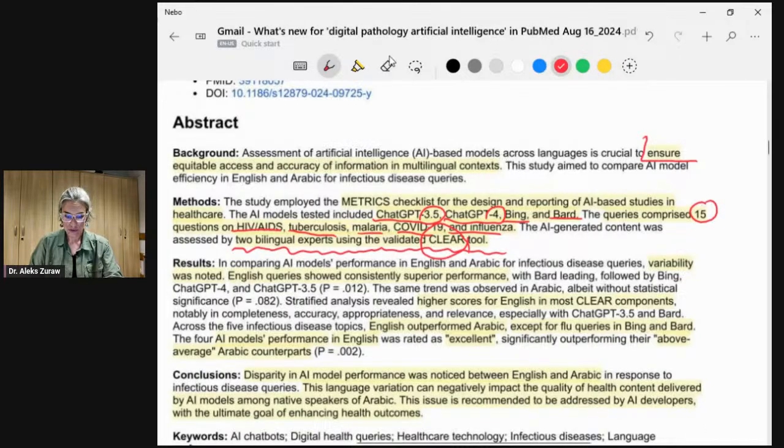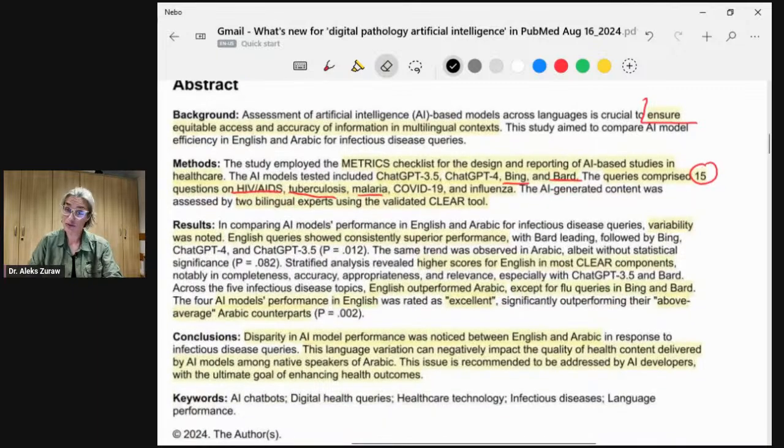And what do you think? What do you think happened? You probably can already see it. Okay, you can see it in the abstract. Well, English was better than Arabic. I kind of suspected it. Why did I suspect it? It's my suspicion